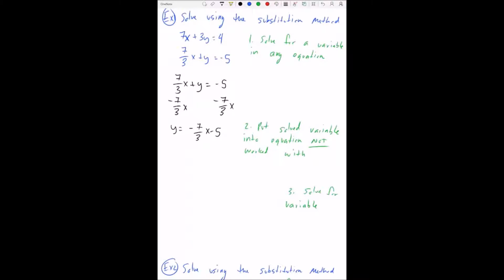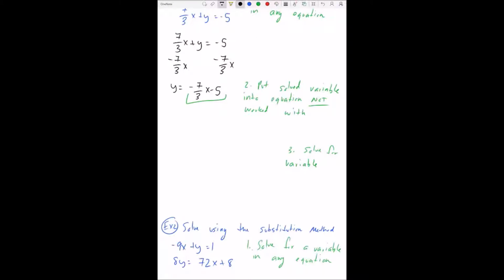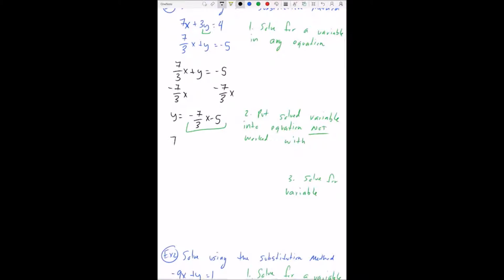Alright, so now that we have one of the variables solved for, we're going to put the solved variable into an equation we didn't work with. You notice we didn't touch the top one at all, so that's what we're going to put it into. And we're going to put it in as y, because this is y equals negative 7 over 3x minus 5. So we have our equation of 7x plus 3y equals 4. So we have 7x plus 3 times y, which is negative 7 over 3x minus 5,